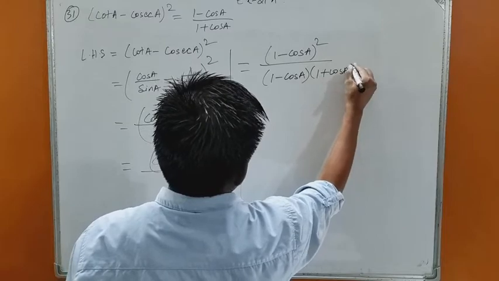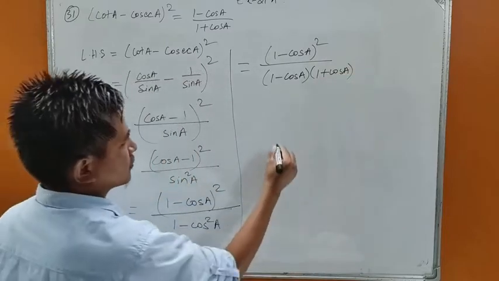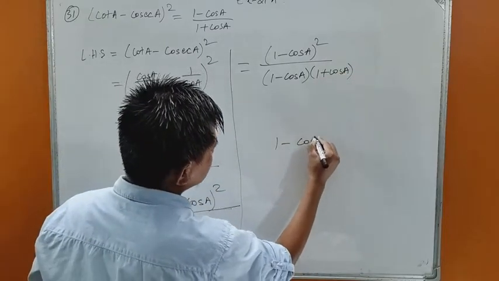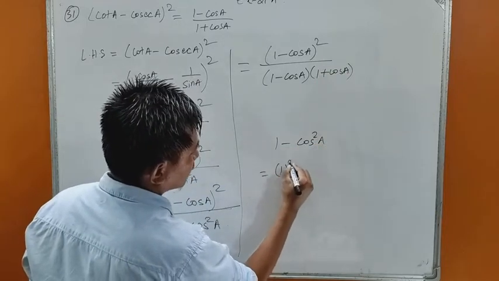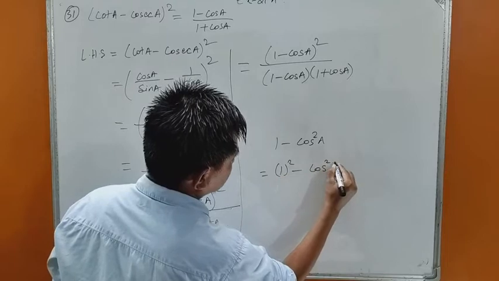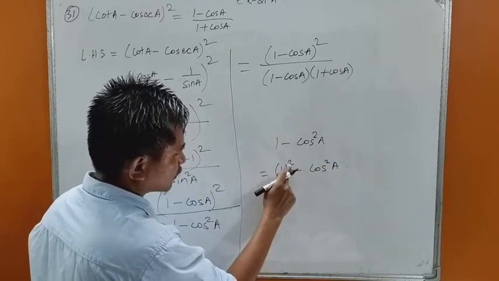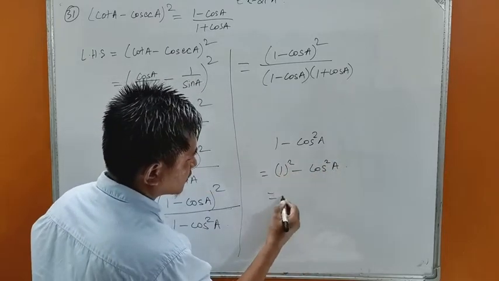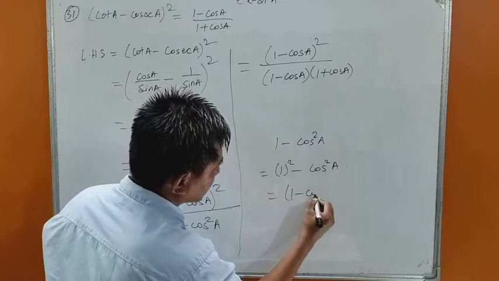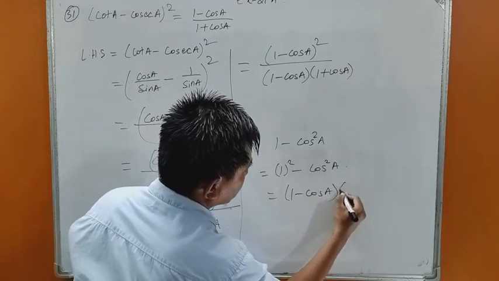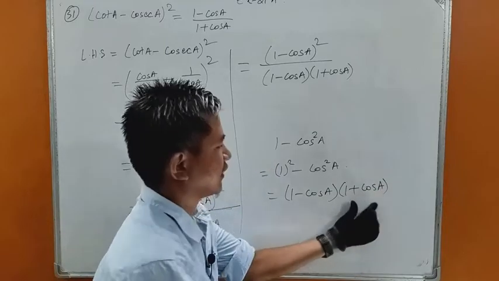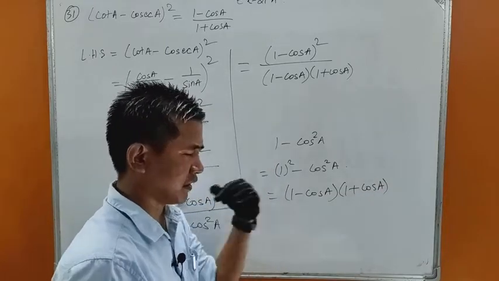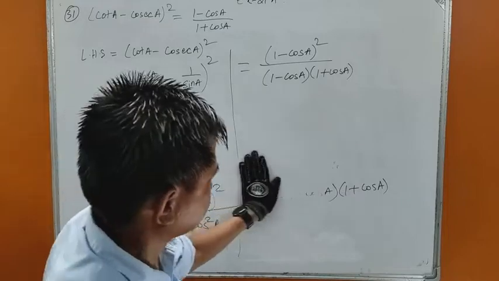Are you getting me? Let me explain this. 1 minus cos square A is actually 1 square minus cos square A. So this A square minus B square means A minus B into A plus B, or you can write A plus B first and then A minus B later. Okay,